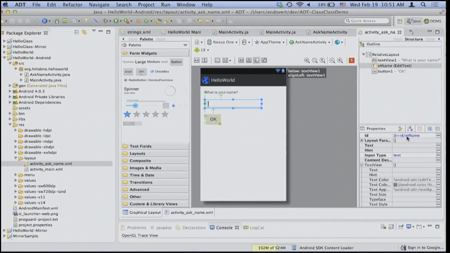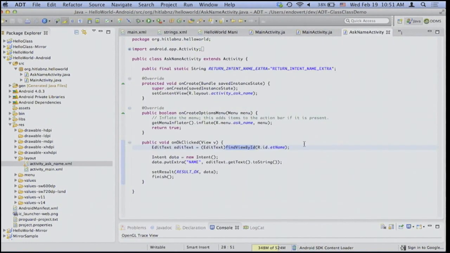And by the way, this is ID et text name, et name. So again, I'm using that ID to find that UI element, and it will be returned back to me as a view. And since I know it's an editable text, I put it in this object. And then from there, I get a text from that UI element and put it into an intent data and set it as a result and finish my activity, so that the system will pass back this intent data to the previous